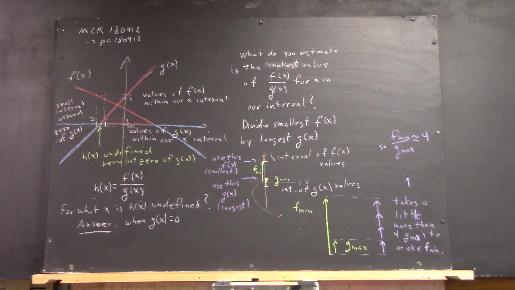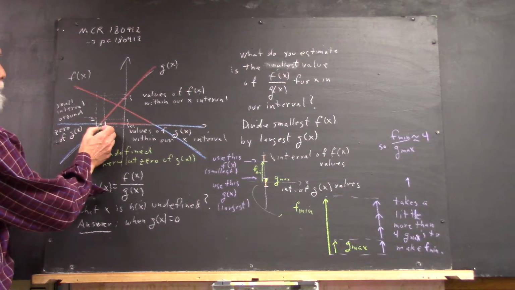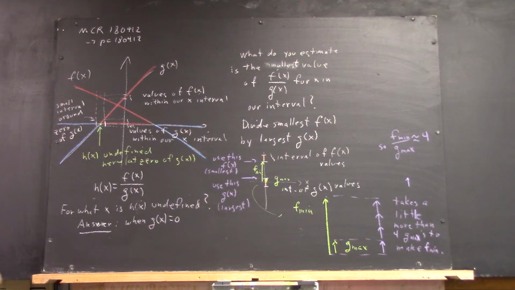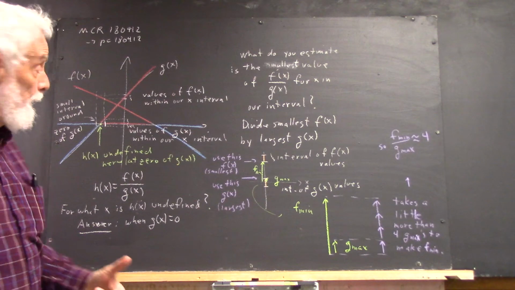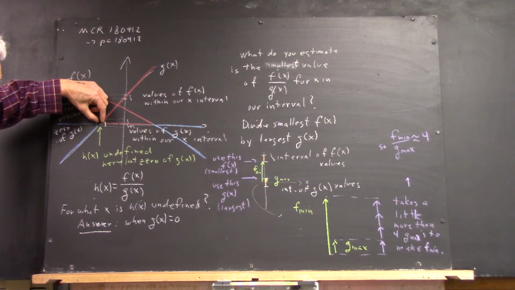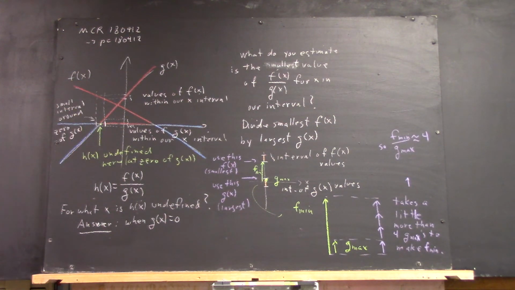Now, there's more we could say, but let's think about what's going to happen if we shrink this interval. What happens to the f min and the g max that we would get if we shrink this interval down to about half of what it was? The g max gets smaller and the f